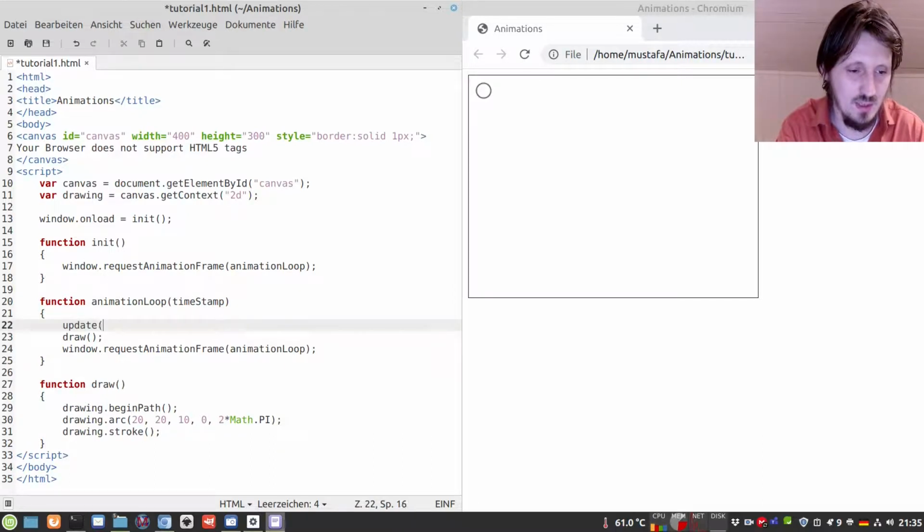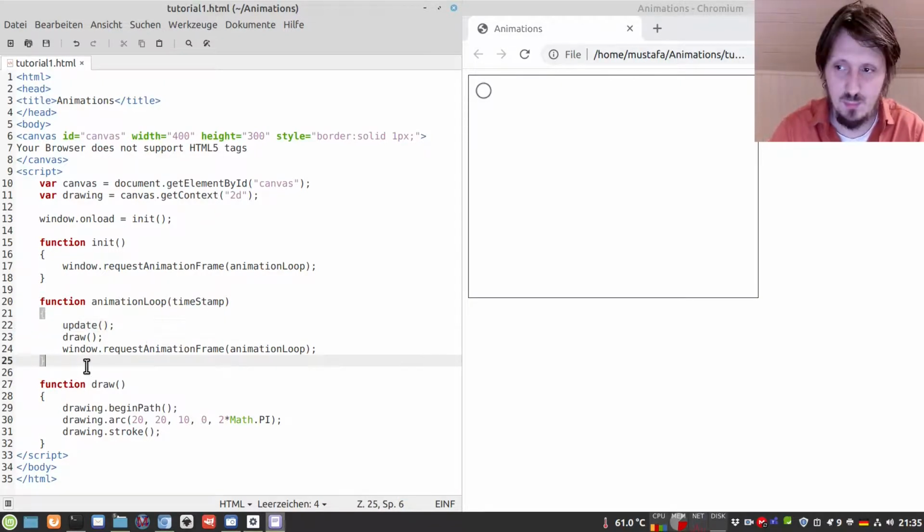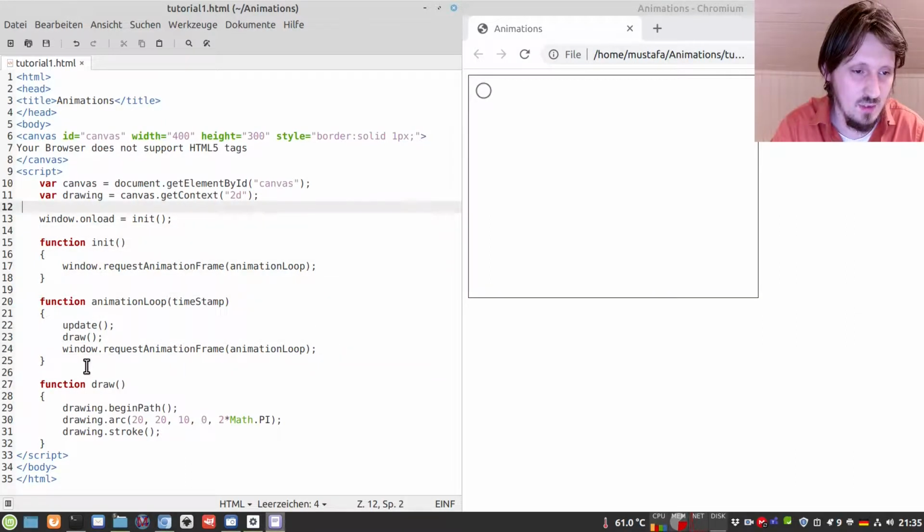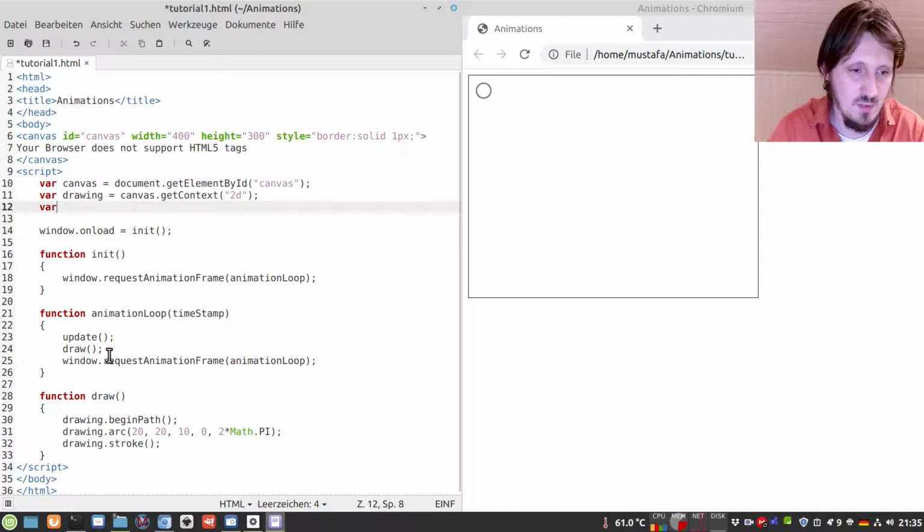And then I would like to also create another function which I call update, where I put everything inside which is constantly updated, which means, for example, the timestamp. And for that I can then create another variable. By the way, when I'm putting these variables outside of a scope or outside of a function, these are automatically taken as global variables. This is important. If you put this into our init function, for example, then it will not work, just because draw cannot access these variables. But if I'm putting them outside, then they can be accessed from everywhere.